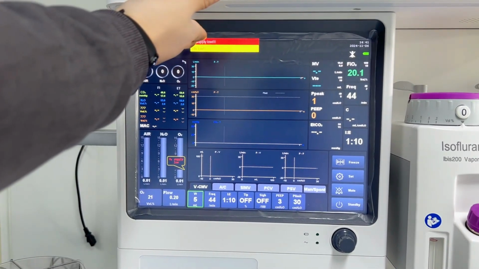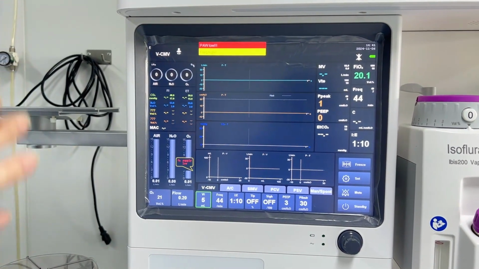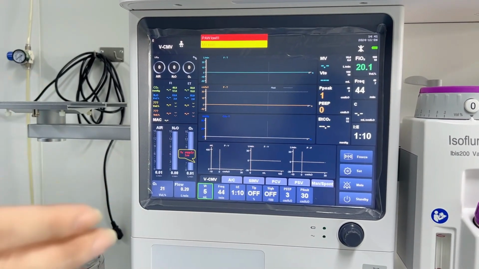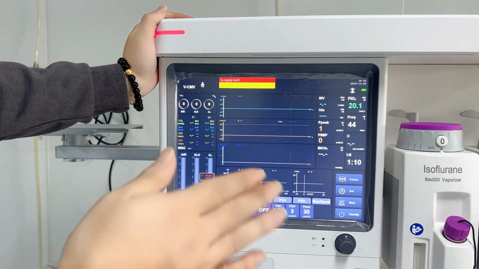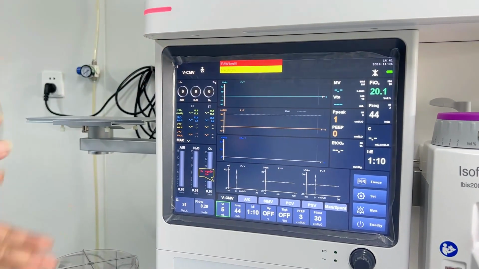For example, now you can see oxygen supply low, or maybe the airway pressure is very low. That means the machine, because we are not connected to the gas source now, will show it here. Then after we connect it, it will disappear. And for the yellow one, we will check. Sometimes it only shows the battery,